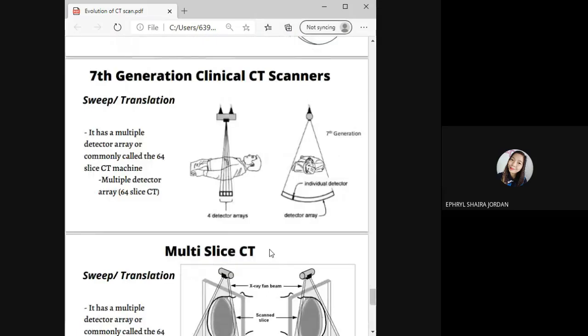So we will discuss naman the 7th generation clinical CT scan. So it has a mechanism of sweep translation. So ang 7th generation clinical CT scan naman, it has multiple detector array or commonly called the 64 slice CT machine. It has multiple detectors, multiple detector array, and 64 slice CT. So ang unique dito sa